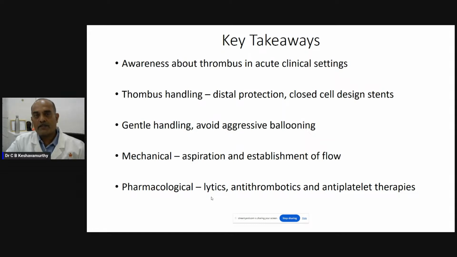If you are going through a lesion containing a thrombus, either when you are passing a balloon and trying to inflate the lesion, be very gentle, do not go to high pressures, do not be very aggressive with the dilatations. And even when you place the stent, deploy it very slowly and carefully, without push or pull, which may lead to embolization.